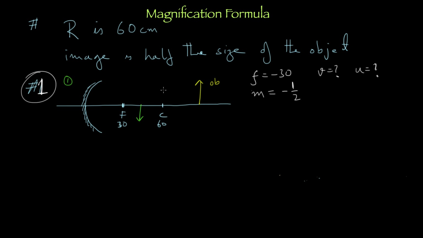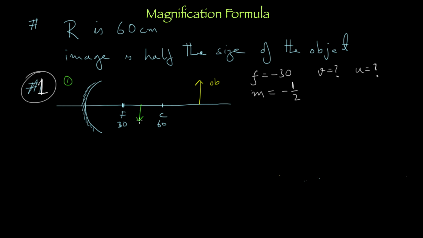Is that clear? The people who did not get the answer should know now why a diagram is important. You skip the diagram and you don't get an answer, and then you wonder why you did not get the answer, because you skipped the diagram. As simple as that. You skipped the steps. The steps were: make the diagram, write the pertaining values. So these are the pertaining values. What is the next step?